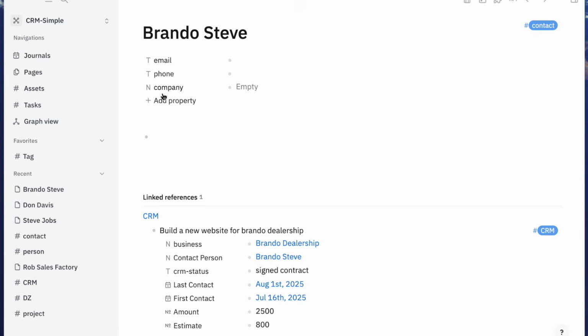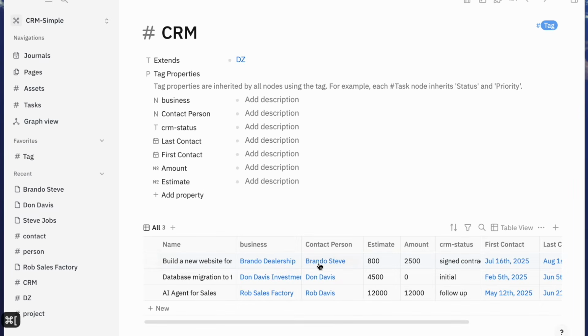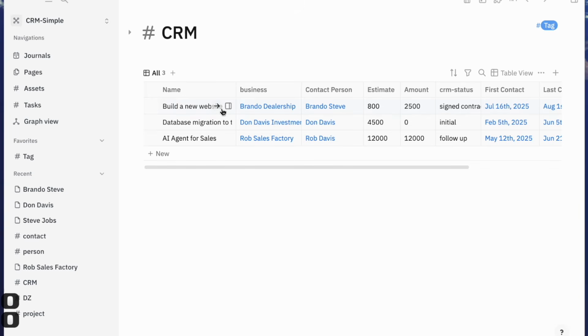Yeah, I paused for a brief few seconds here, and then looked closely to make sure things are set. So the contact we see email, phone, and company. One thing to keep in mind here is in the CRM, we did set the company. This is in the context of the activity, basically, the sales activity, and we provided the contact name and the business. So in this specific case here,